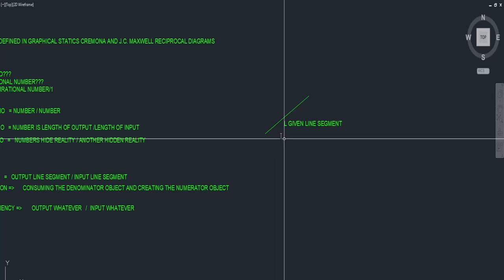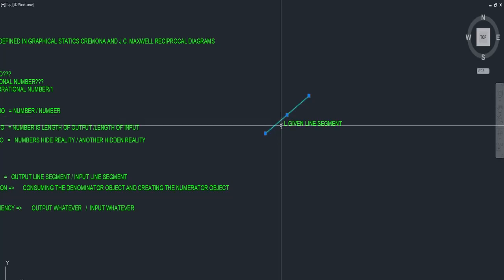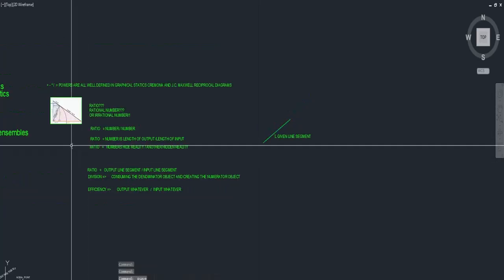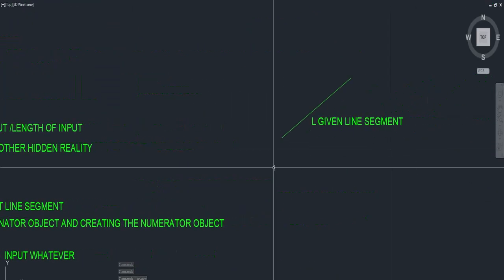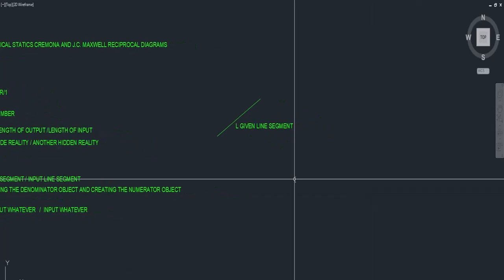In the same way, this same line segment is consumed as the base and returns the perpendicular object or the hypotenuse object. The same line segment is consumed as a perpendicular and returns the base line segment or hypotenuse line segment. Conditions depend upon which kind of animal is eating it. The same line segment is eaten by 6 different kinds of animals and returns 6 different kinds of outputs, and